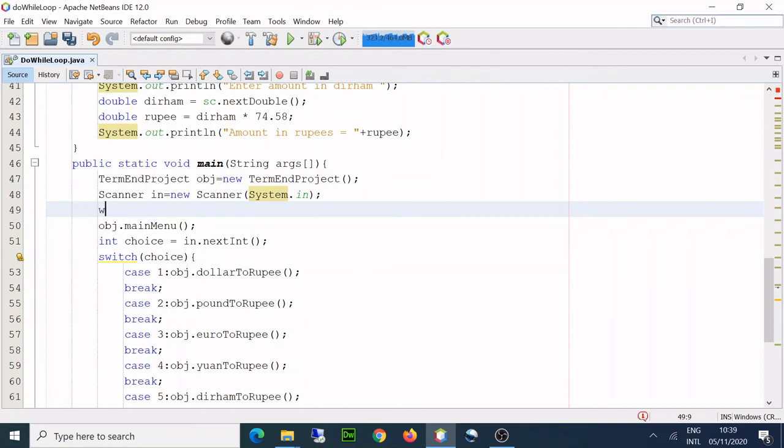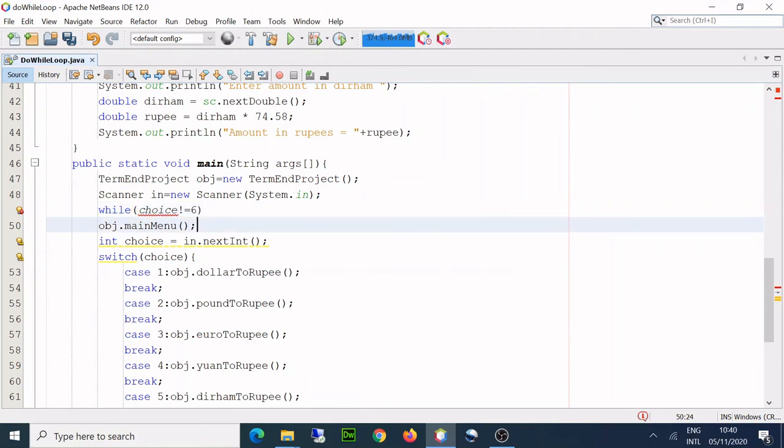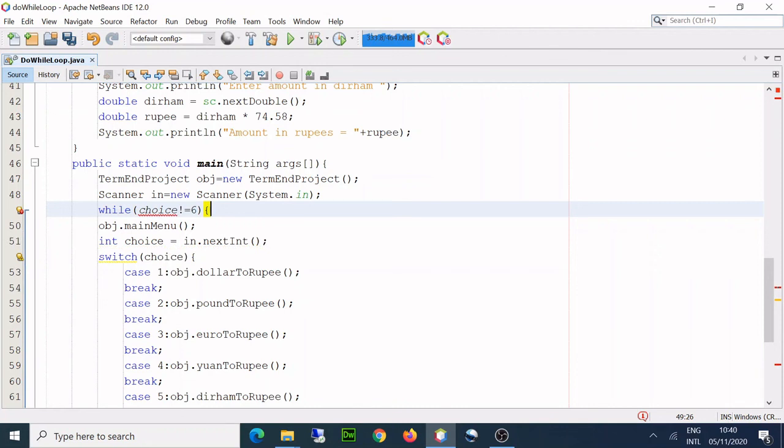Okay, I'll use a while loop, and here I'll say choice is not equals to 6. Okay, and I'll have to declare this outside now.